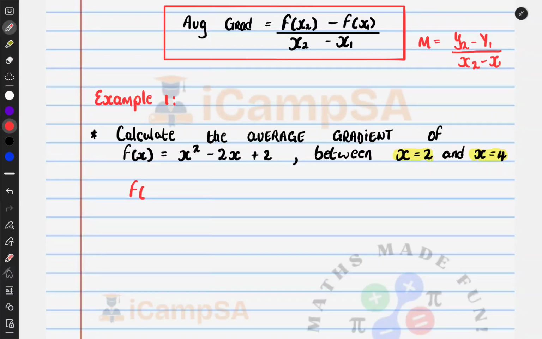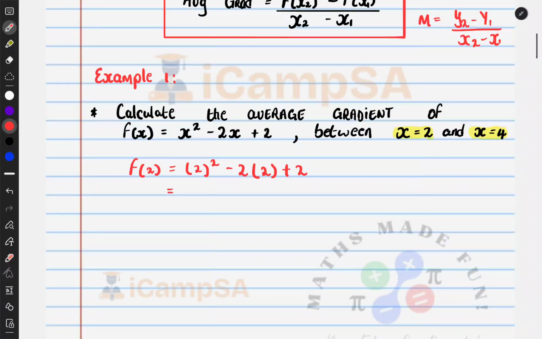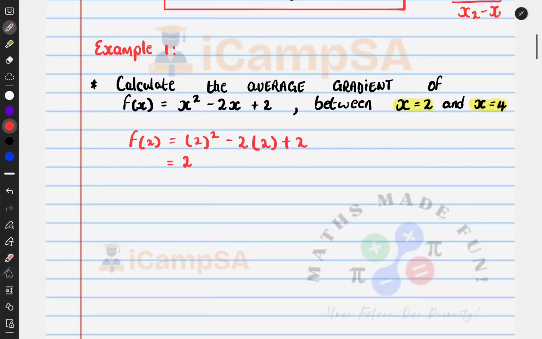We have f at x, let's say f at 2 is equal to 2 squared minus 2 into 2 plus 2. This will be equal to 2 squared is 4 minus 2 times 2 is 4, so that should be 0. So we'll be left with 2,